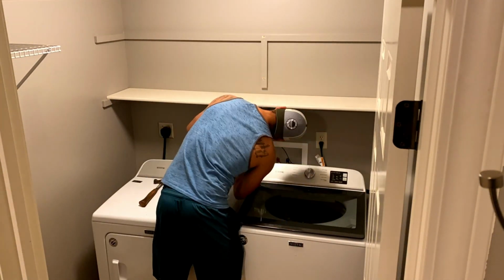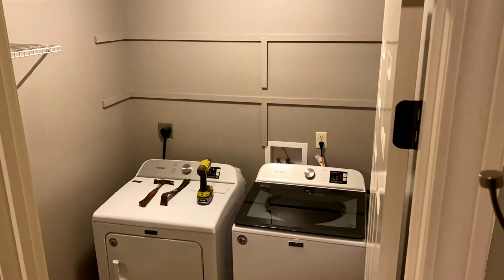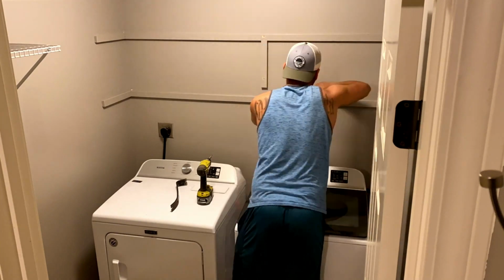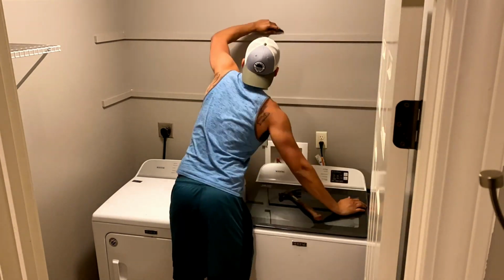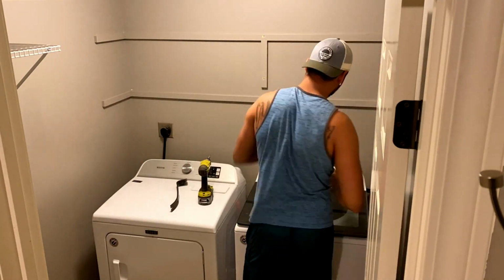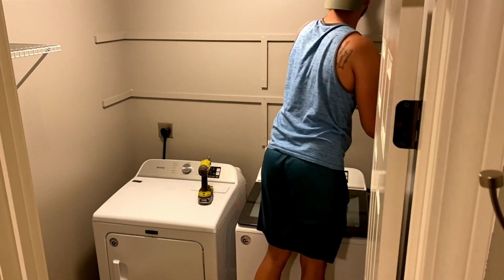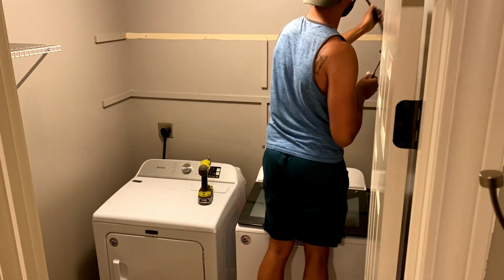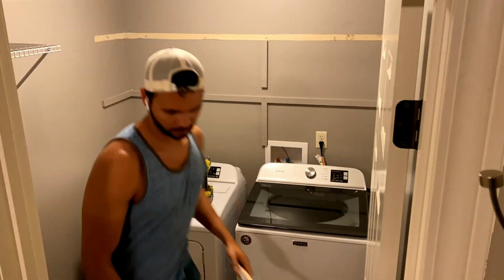I'll throw in a quick note here. If you're ever taking down wire shelving like this, take a utility knife and score the caulk line. That really helps this stuff pry off a lot better. And then where the drywall anchors are, use a putty knife to pry those away, and that'll help the drywall tear out a lot less. You'll probably still have to do a little bit of patchwork, but overall it'll be tremendously better if you do